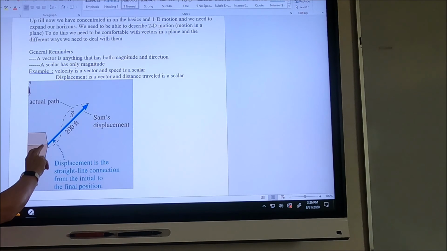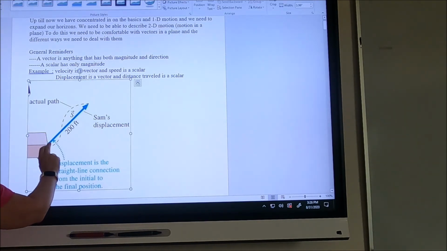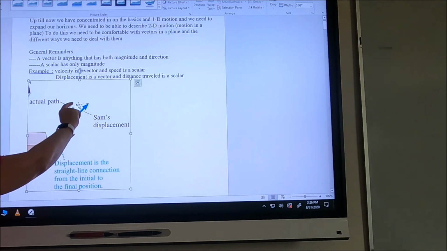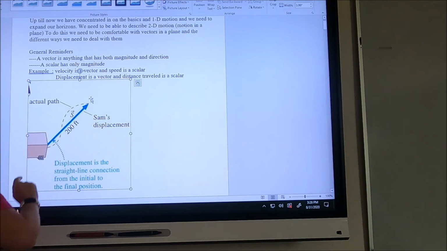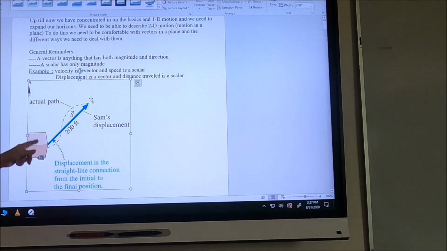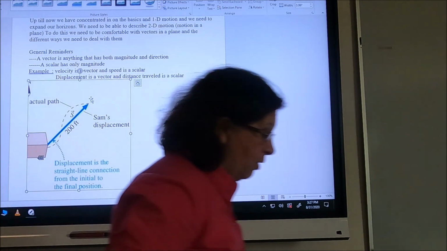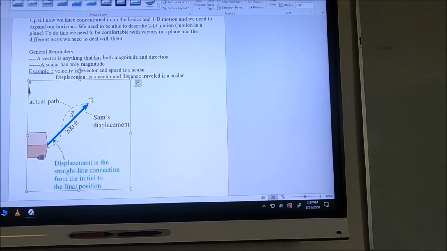If we look at the image here on the screen, you can see the pathway followed by our individual who walked from the house. They followed this serpentine-like pathway, and that would be their distance traveled. But their displacement is 200 feet, which is the straight line distance from where they started to where they ended. So their distance traveled is actually longer than their displacement. Will have a greater magnitude. All right, now,